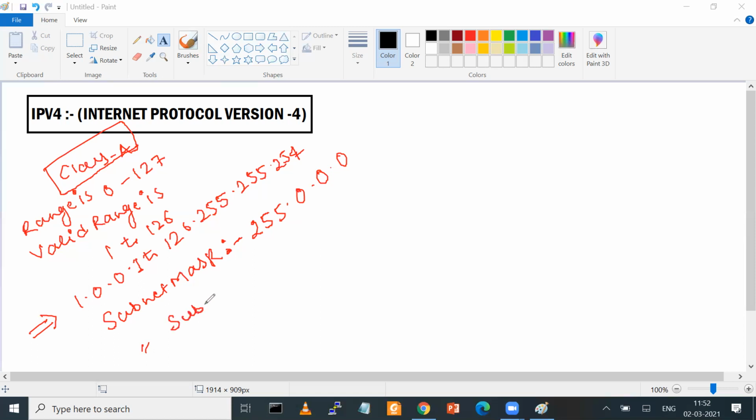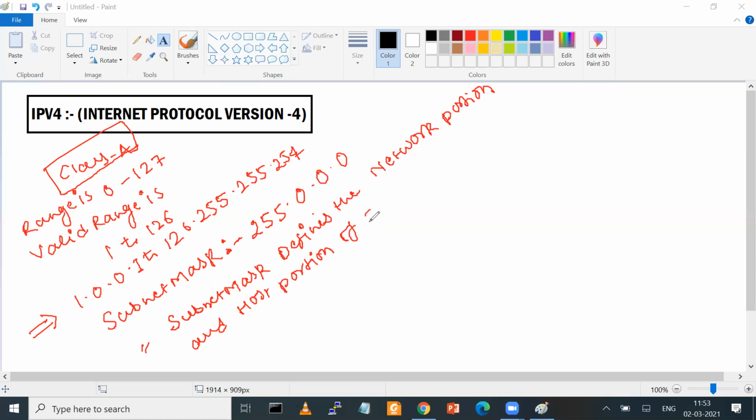So the answer is subnet mask. सबनेट मास्क डिफाइंस द नेटवर्क पोर्शन एंड होस्ट पोर्शन ऑफ आईपी एड्रेस। सबनेट मास्क क्या डिफाइन करता है? नेटवर्क पोर्शन और होस्ट पोर्शन किसी भी आईपी एड्रेस का। और इन सिंपली वी कैन से, और ज्यादा सिंप्लीफाई अगर मैं सबनेट मास्क को करूं, सबनेट मास्क डिफाइन